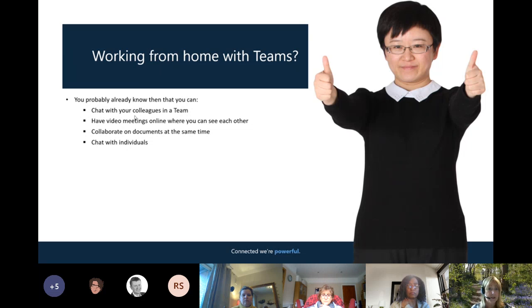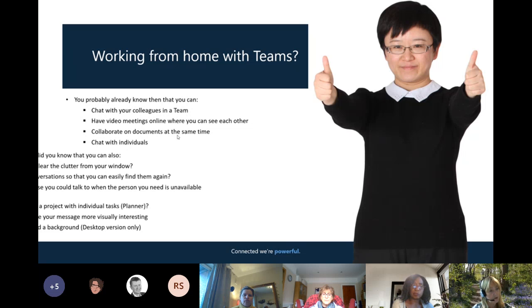You can collaborate on documents at the same time, so you can all have the same document open and actually be working on it together at the same time. So that's quite a nice little feature. And you can also chat with individuals. So I'm fairly sure that you've probably already mastered most of those, but there's a few other things